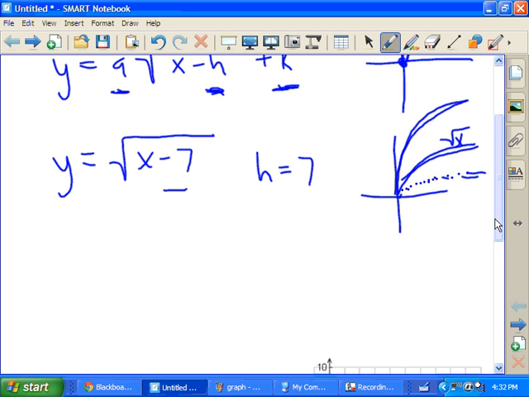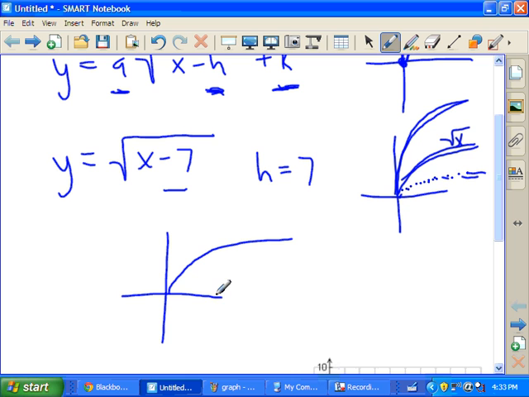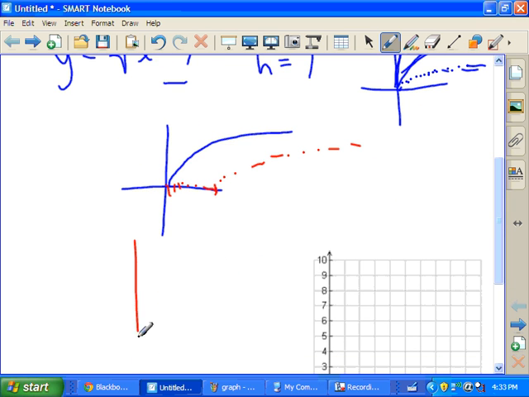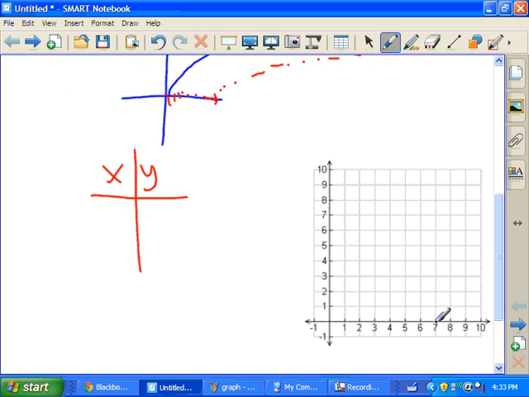So what that means is if my regular graph of y equals square root of x would look like that, this whole thing is just going to be shifted over here to be the new graph in red here, and it's going to move over 7 places. Okay, so this would be 7 units of x, 1, 2, 3, 4, 5, 6, 7. Okay, so now that I got some graph paper here, let's try that. And actually, we can try a few x, y values once we're done with that. Okay, I know it's going to start at 7, 0,